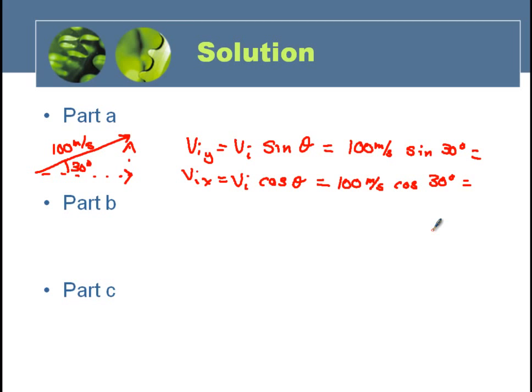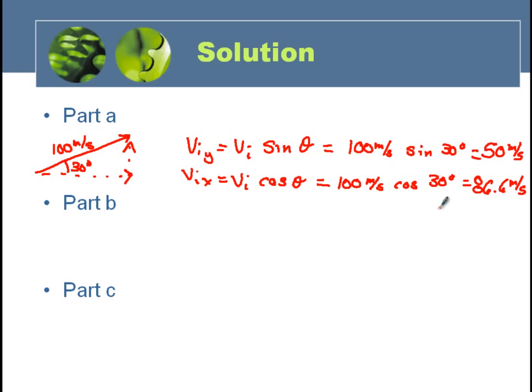So make sure your calculator's in degrees, which mine is not for some reason, which is really strange. Alright, so 100 times the sine of 30 and 100 times the cosine of 30. I knew these, I don't need to put these in the calculator. So 50 meters per second and 86.6